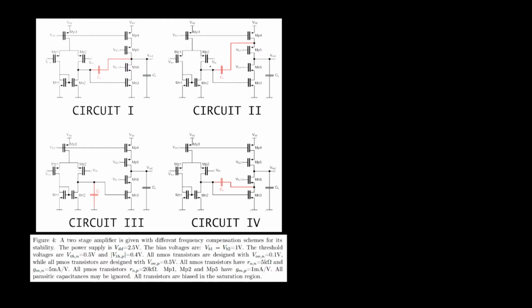However, we are talking about the DC gain here, so this compensation capacitor will behave as an open circuit. So in that case, all of these 4 circuits will behave in the exact same way. We can find the formula for the DC gain on the formula sheet, and it's given as follows. The DC gain is given as the transconductance gain of the first stage multiplied by the output resistance of the first stage, and then that's multiplied by the transconductance gain of the second stage and the output resistance of the